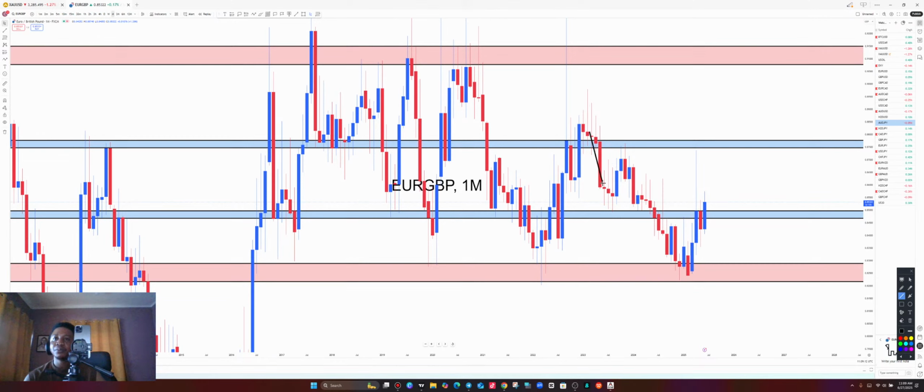Why? We saw a push to the downside, lower low, lower high, lower low again, lower high, but sellers couldn't push the market down. Instead, buyers are breaking above the resistance level over here. We can even see that it is currently breaking above with a bullish engulfing candle.